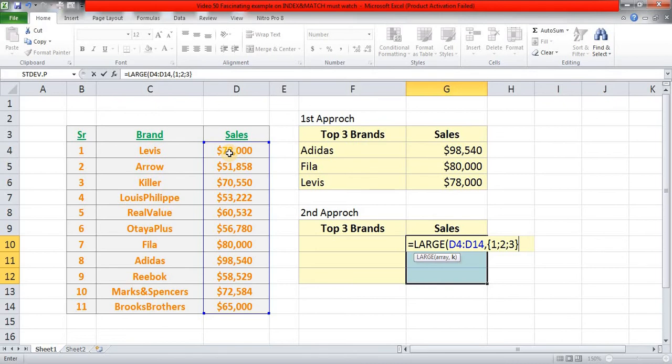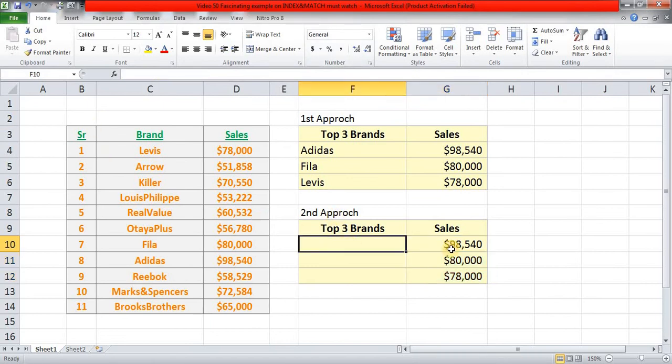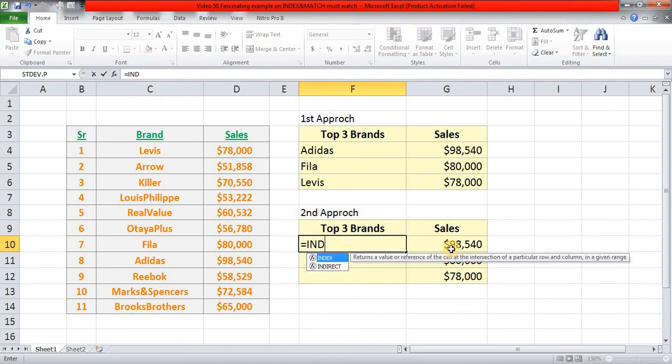I'll complete the curly brackets, I'll complete parenthesis for large, and Control Shift and Enter. So here it is. I am pressing Control Shift and 4 to prefix a currency sign, so it's a shortcut, a tip for you. And I'll reduce the decimals, and for their respective brand names, I'll say index, tab.